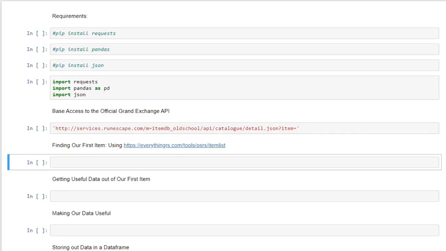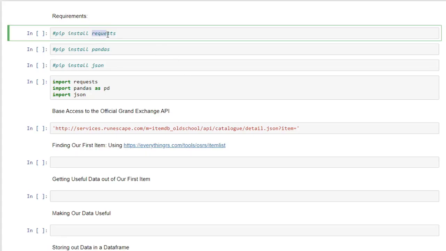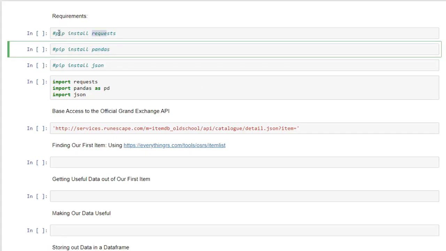What's up everyone? In this tutorial, we will be using the official RuneScape API for the Grand Exchange to get information about items that are tradable. To start out with, you're going to need the requests and pandas packages,